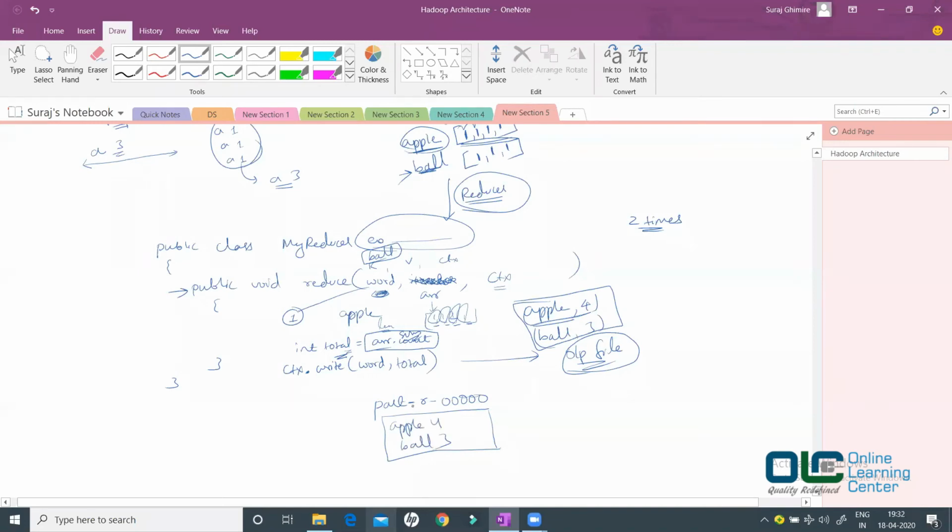Okay, it's also possible that you run your program with multiple reducers. You may say, hey, I want to have 2 reducers, not a single reducer. Okay, that time what will happen? Data will be processed more parallel. So this is how your simple map reduce program will work, where you have the data go to the mapper phase, then shuffle and sort, and then group, and then finally to your reducer.